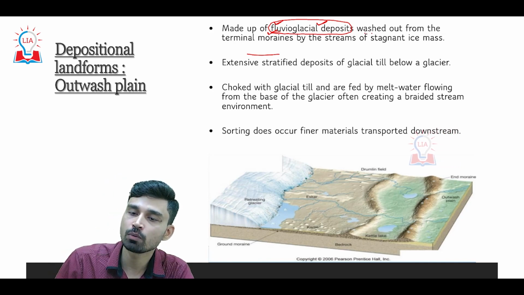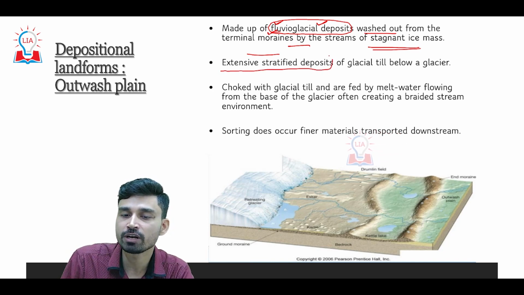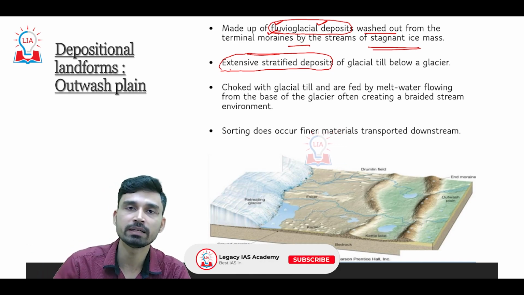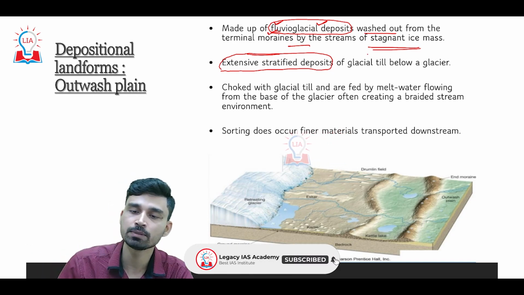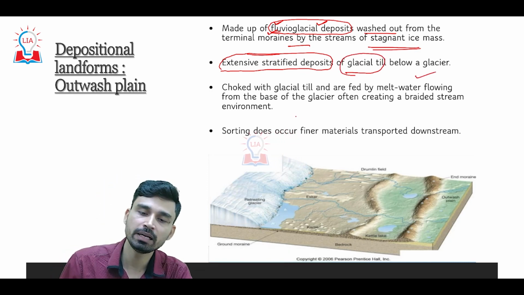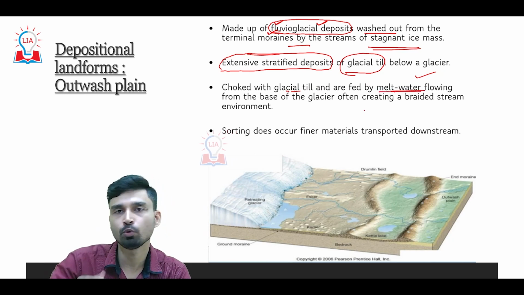So as the deposits are washed out from the terminal moraines by the streams of stagnant ice masses, we see the development of extensive stratified deposits, because we have multiple layers of sediments being deposited and different types of glacial till being deposited below a glacier. So the entire plain is choked with glacial tills